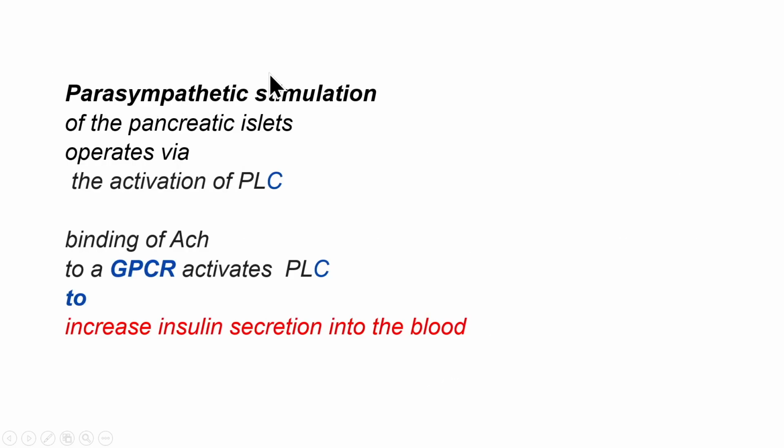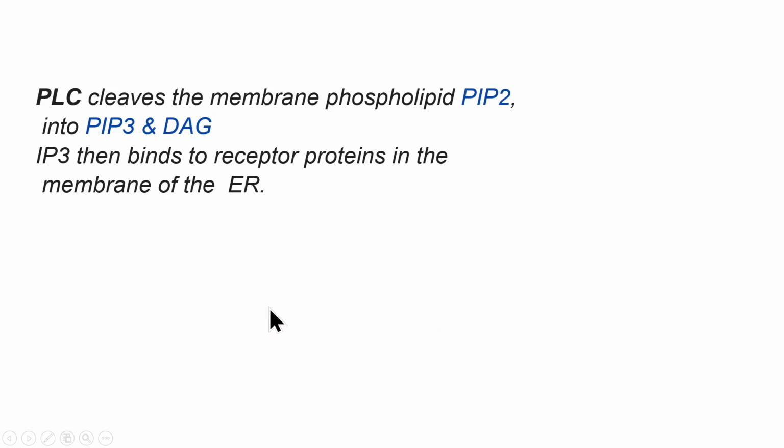The parasympathetic stimulation of pancreatic islets operates via the activation of phospholipase C. Binding of the acetylcholine to a G protein coupled receptor within the pancreatic islets activates the enzyme phospholipase C, resulting in increased insulin secretion into the blood. The phospholipase C cleaves the membrane phospholipid inositol bisphosphate into IP3 and